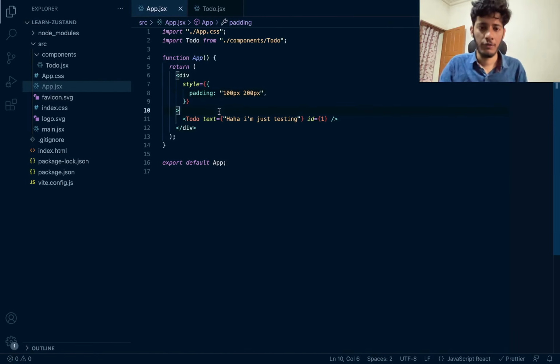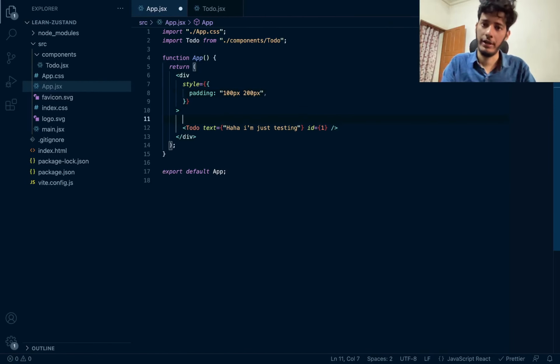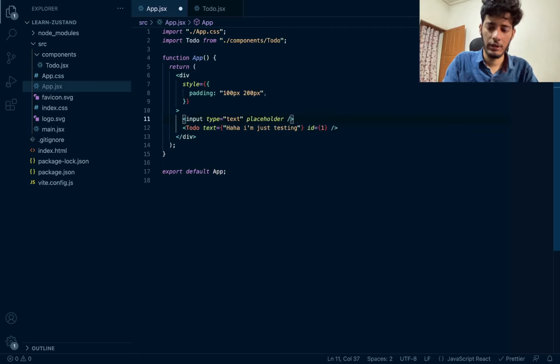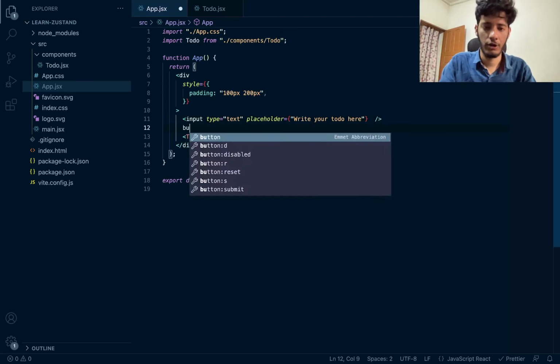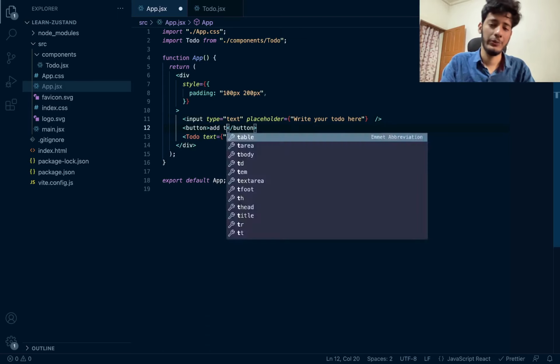One more thing we need is a place from where we can add a to-do. So let's see how we can make that. First of all, there will be an input. The placeholder will be to-do, and, okay, let's give it a nice placeholder. Write your to-do here. By the way, don't judge my UI. This is not a UI tutorial. I'm just trying to make something where I can show you the use of the store. So let's say this is a write your to-do here, and there will be a button called submit button, whatever, submit button. So add to-do, whatever.